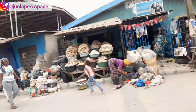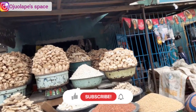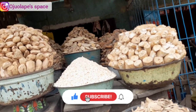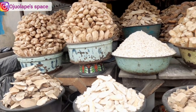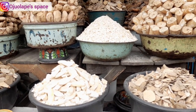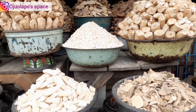So guys, make sure you understand the market, and please, when you're starting this business, don't buy the ground one. Once you buy the ground one, sometimes they might have added different things to it. So by the time you are selling to your customers, you lose customers, especially when you're starting afresh. So it is advisable you get the ungrounded dried yam tubers, and make sure you grind it